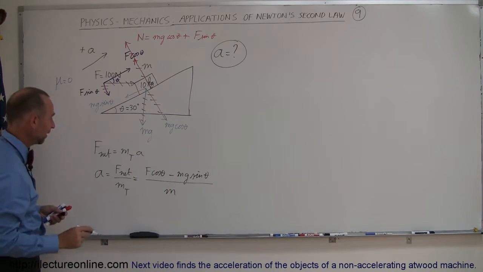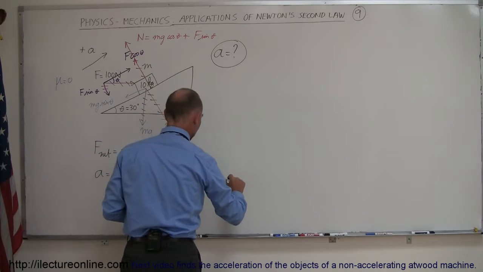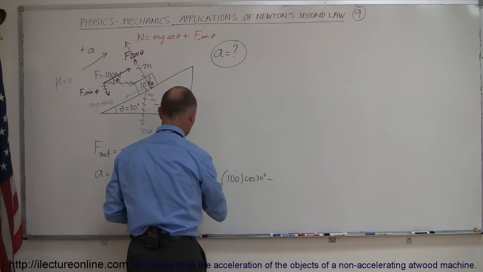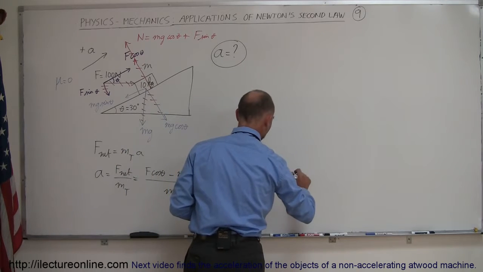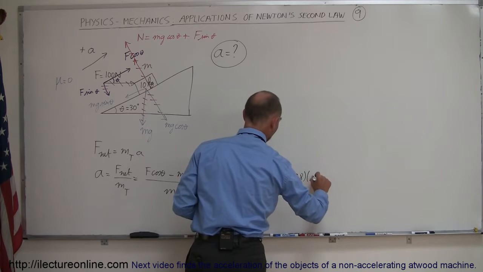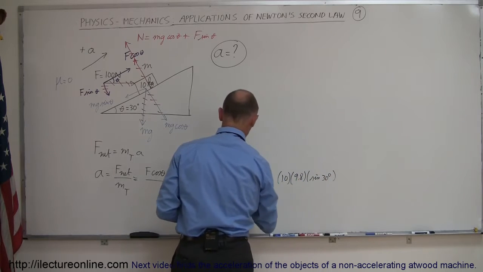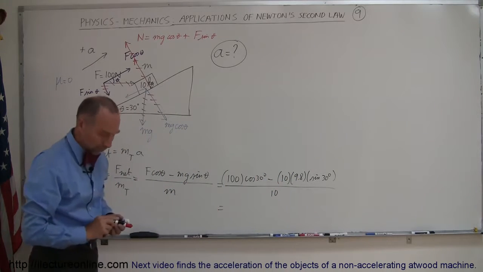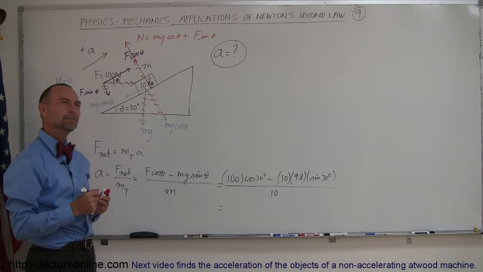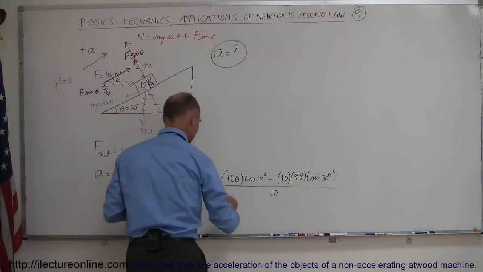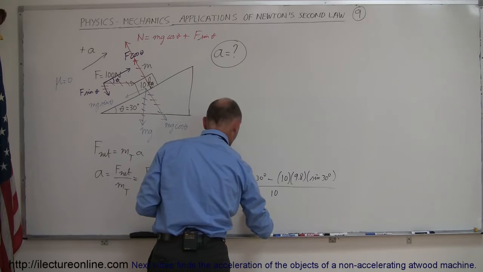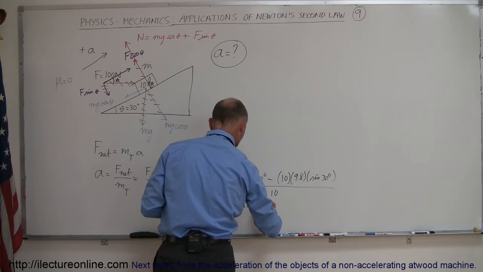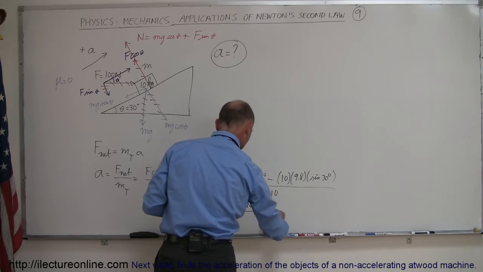All right, let's plug in the numbers that we have. So we have 100 newtons times the cosine of 30 degrees minus the 10 kilograms times g, 9.8, times the sine of 30 degrees, all divided by the mass of 10 kilograms. So the cosine of 30 is 0.866. So that would be 86.6 newtons minus, that would be 98 divided by 2, which is 49 newtons, divided by 10,